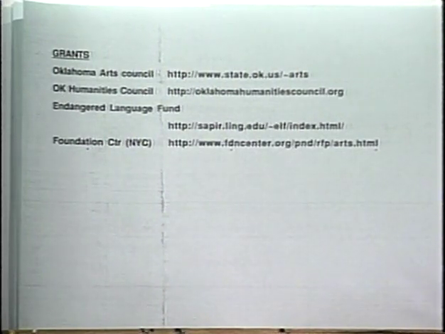I have just a few listed here. There are many more. And again, you need to learn to surf so that you can get your own good ideas. But here are some of the ones that I know people have used so far in getting funding for their language programs. One, a state Oklahoma level organization is the Oklahoma Arts Council. It's at